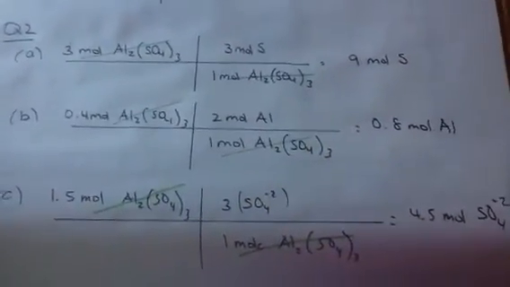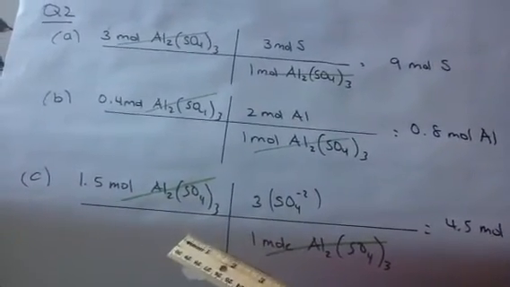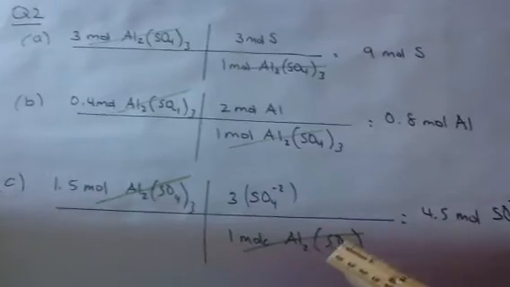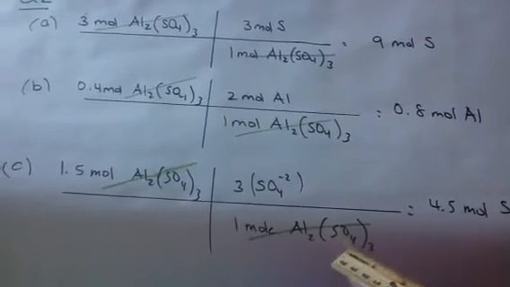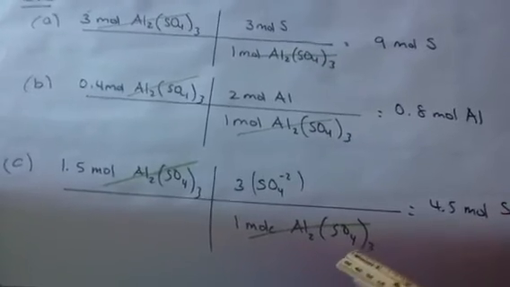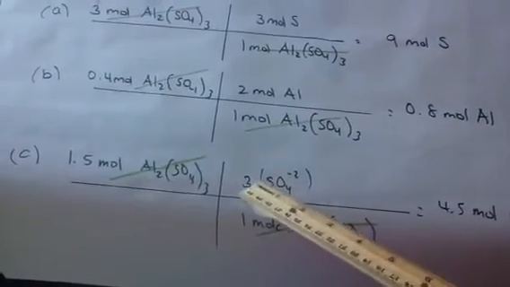And then the last one, I'm trying to find, given 1.5 moles of aluminum sulfate, how many moles of sulfate. The sulfate is the ion, the anion here, SO4 minus 2. So I can see I got 3 moles of that. I didn't put moles here, but